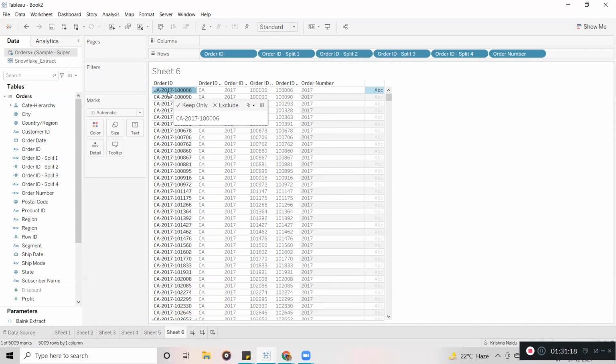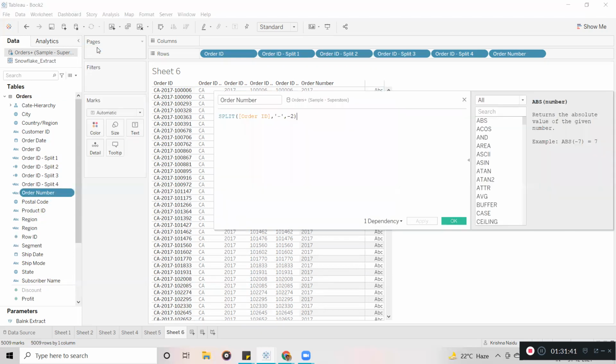Now, what if I want both, 2017 as well as this number? How will I get a combination of these two? A simple thing: I am going to use the concatenation operator. Split, then I'm going to use the plus symbol.